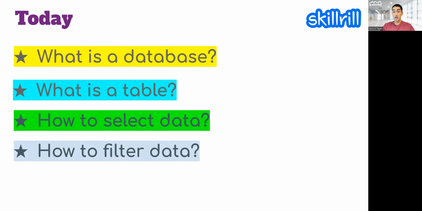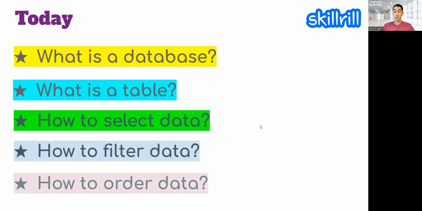and I'll also show you the comparison with Microsoft Excel spreadsheets too. By the way, Microsoft Excel skills are also very important. In the corporate world, Microsoft Excel spreadsheets are used frequently. Apart from that, we'll also learn how to order data. All right, so first things first, before we dive into SQL or the concept of data, we need to